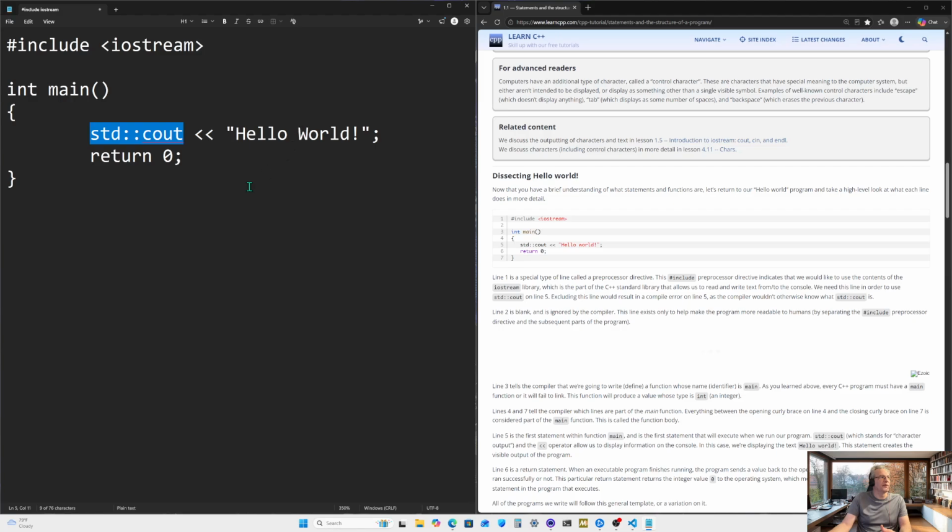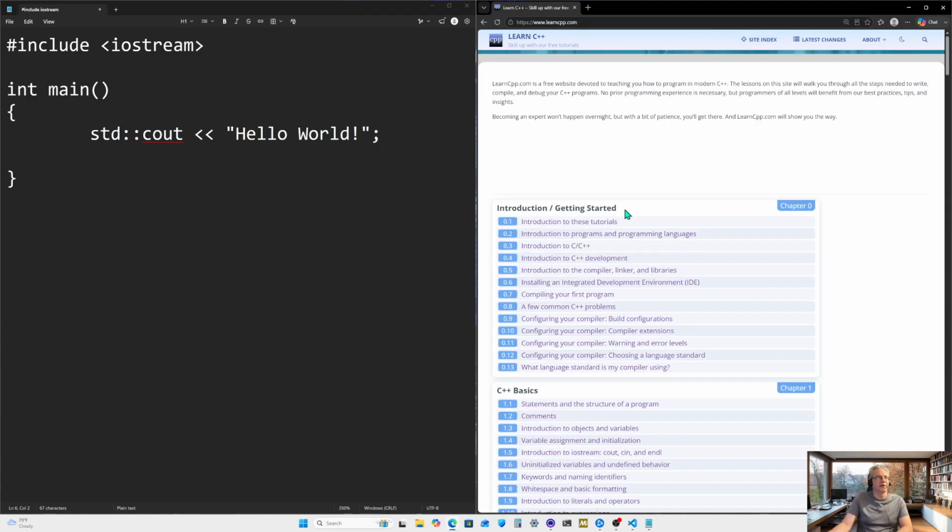Didn't mean to do that. There we go. This is our main function right here. This right here is going to output that right there into a terminal if we run it. We haven't really discussed that. W3 Schools didn't really discuss that, but this website will. So we'll get to this right here. Honestly, you don't even need that, but this will cover in detail why it's there. Going back to where I was at now.